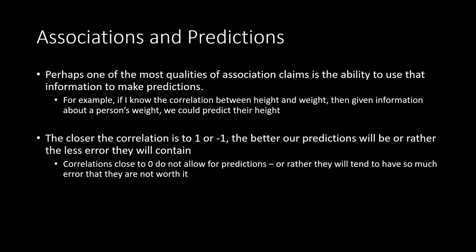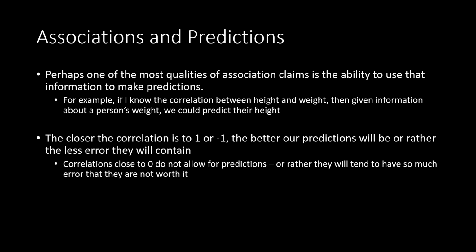Now, one of the most useful and widely used qualities of association claims is the ability to use that information to then make predictions about other sets of information. For example, if we do know the actual correlation coefficient between height and weight, then if you were to give me information about another person's weight, we could use that information to predict their height. We could do the opposite as well, where you could then give us the information about somebody's height and ask us to predict their weight. And ultimately, the statistics behind these types of claims allows us to make these types of predictions,